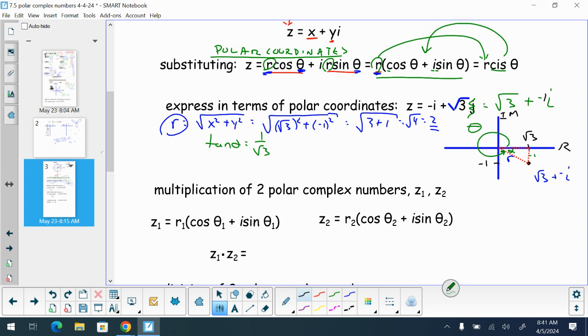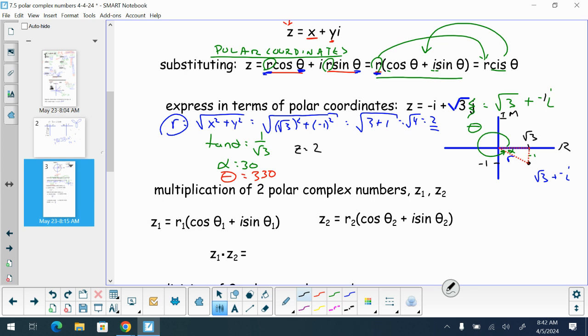Our alpha value comes down to what? What do we get, Alex? 30 degrees. So we get alpha is 30 degrees. So if that is alpha, what is our theta rotation then? If this is 30 degrees, what is our theta rotation, Micah? 330 degrees. So we can rewrite our imaginary number as our magnitude,